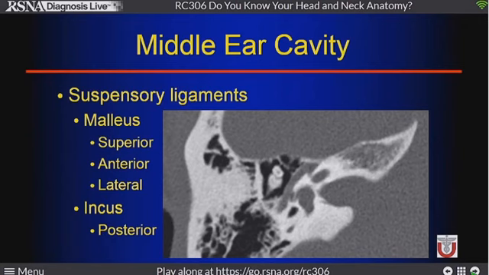There's one going superior from the head of the malleus, that's the superior one. There's one going anterior from the head of the malleus, that's the anterior suspensory ligament. There's one going lateral from the neck of the malleus, so that's the lateral ligament. And then from the back tip of the cone back to the fossa incudis in the back, there's one suspensory ligament, that's the posterior one. So there's normally 4 suspensory ligaments that we think about holding these ossicles all in place in suspension in the middle ear cavity.